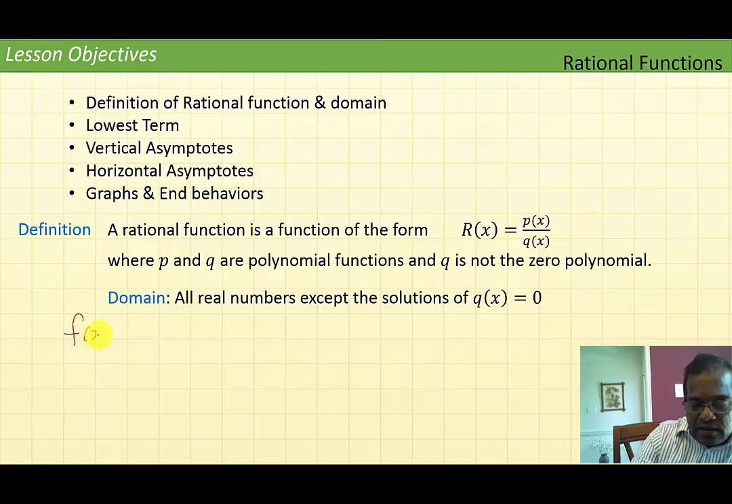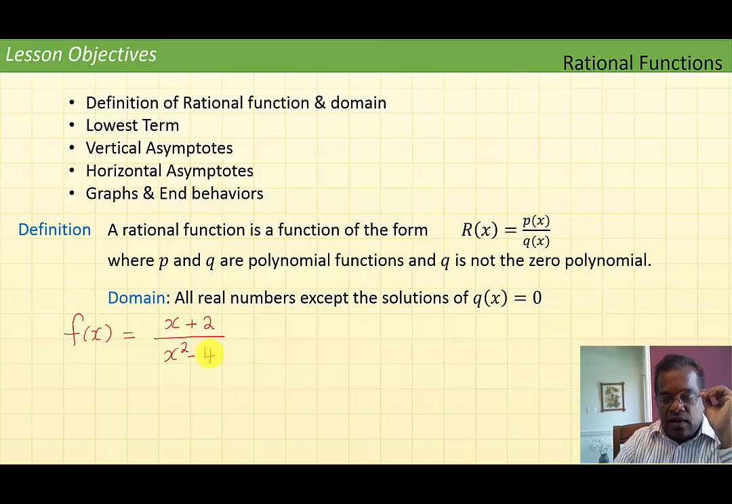f of x is equal to x plus 2 over x squared minus 4 is an example of a rational function where the numerator polynomial is x plus 2, which is degree 1, and the denominator polynomial is x squared minus 4, which is degree 2, so it is not a zero polynomial. Or another example, g of x is 1 over